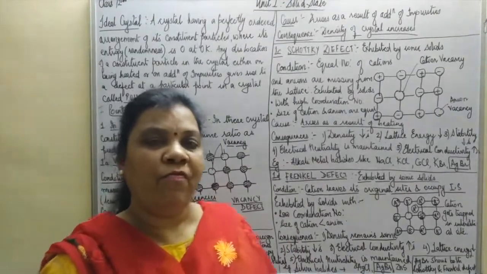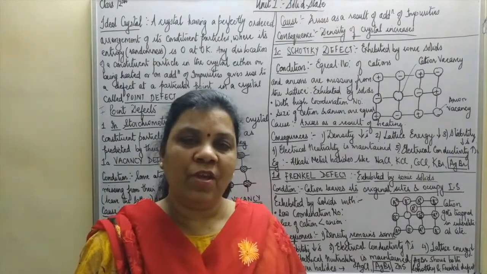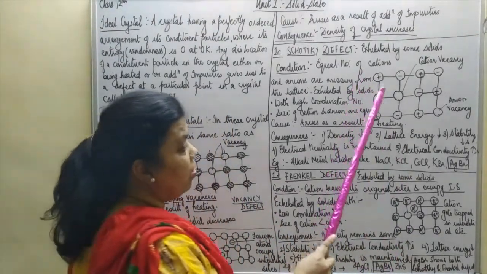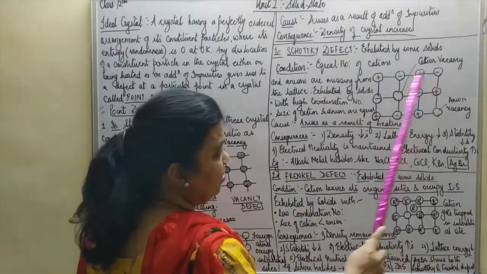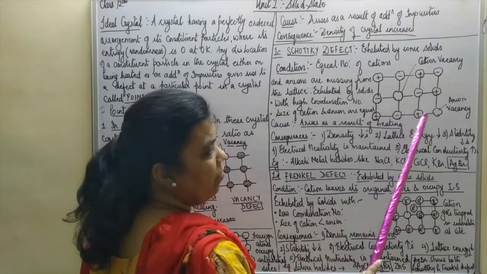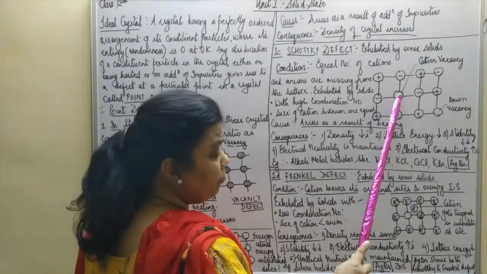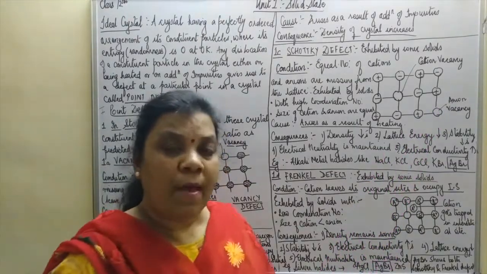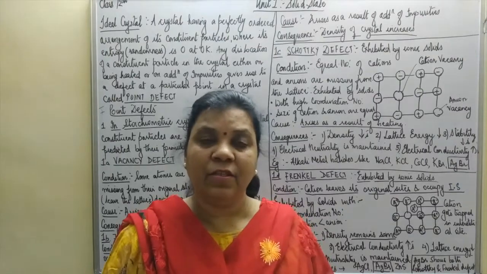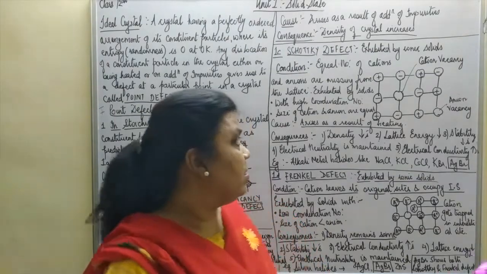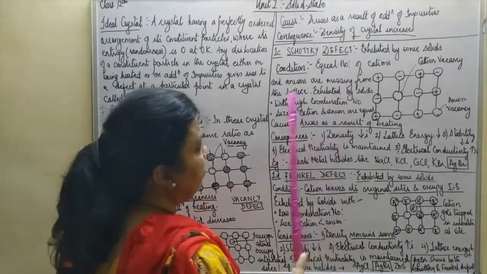Next is very important, Schottky defect. Schottky is a type of vacancy defect. The only difference between Schottky and vacancy defect is that Schottky arises in case of the ionic solids. So what happens in Schottky? This is an ionic crystal where the oppositely charged ions are held together by ionic bonds or electrostatic forces. From here you can see a cation is missing. From here you can see an anion is missing. This type of defect arises due to missing of equal numbers of cations and anions from the crystal. So equal numbers of cations and anions are missing from the lattice.